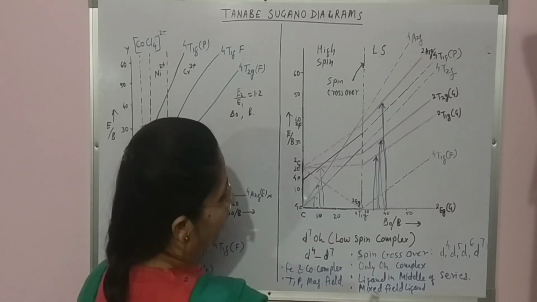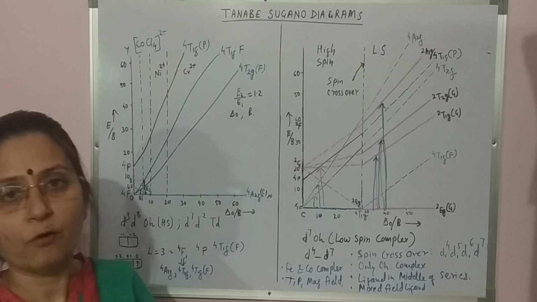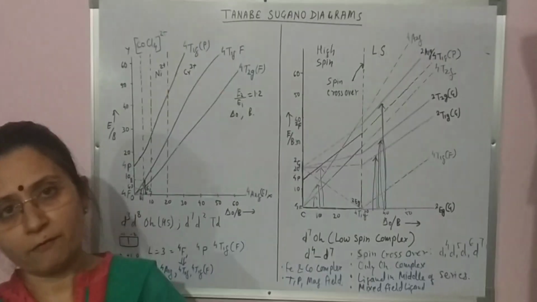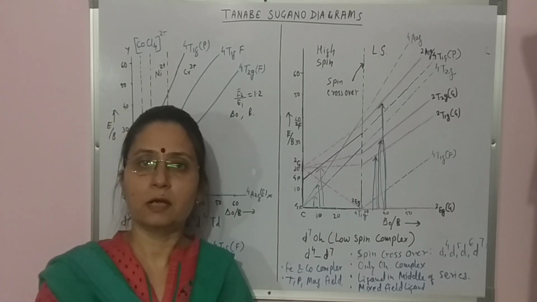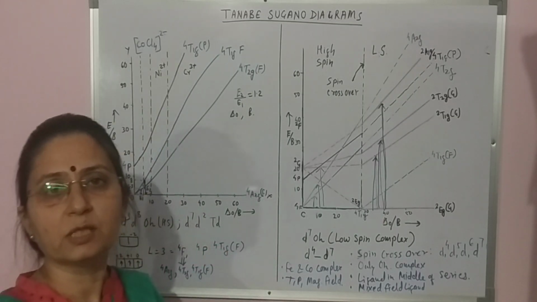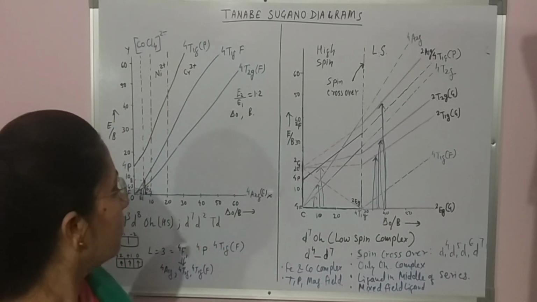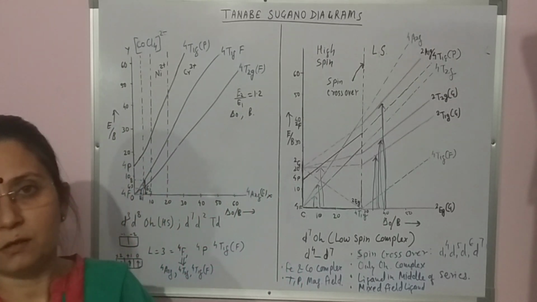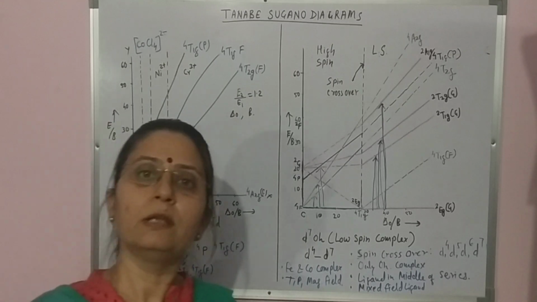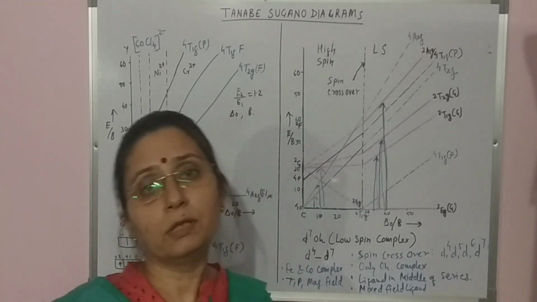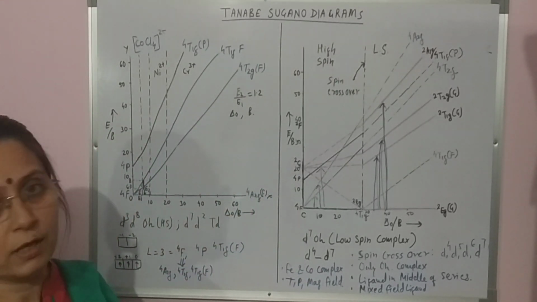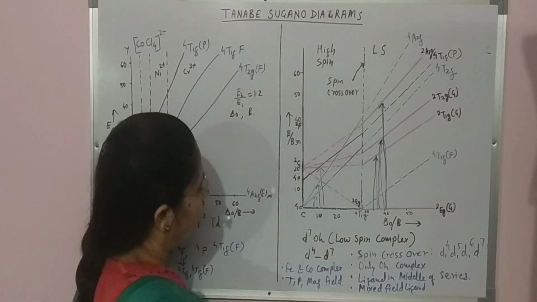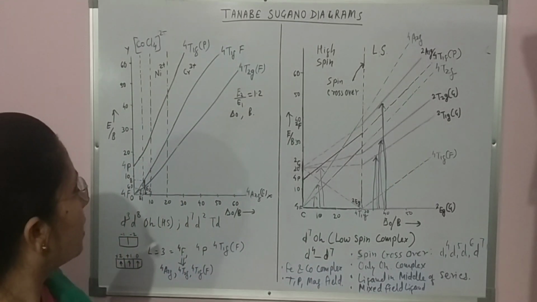And if we have mixed field ligands, like if we have more than 2 types of ligand, then there should be one ligand which has higher field strength. Only in that condition will the spin crossover take place. For example, if we have ligands like water and phenanthroline, water is a weak field ligand, but phenanthroline is a strong field ligand. So in that case, the spin crossover is possible. And next, this kind of phenomenon is found in complexes of iron, cobalt, etc.